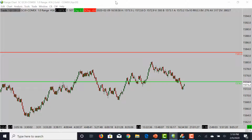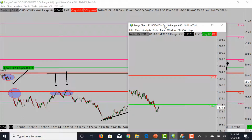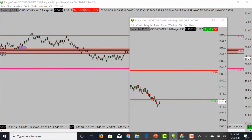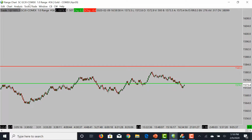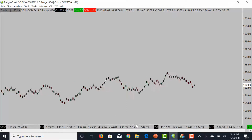Okay. So let's go ahead and take another look here. Hold on one second. I don't know why that order was there, but okay. Let's go ahead and take another look. We'll move off these charts here for you guys to see. Okay, so let's take a look at some levels here for a second. Let me move this off. I'll give you guys some levels we're going to be looking out for on this market